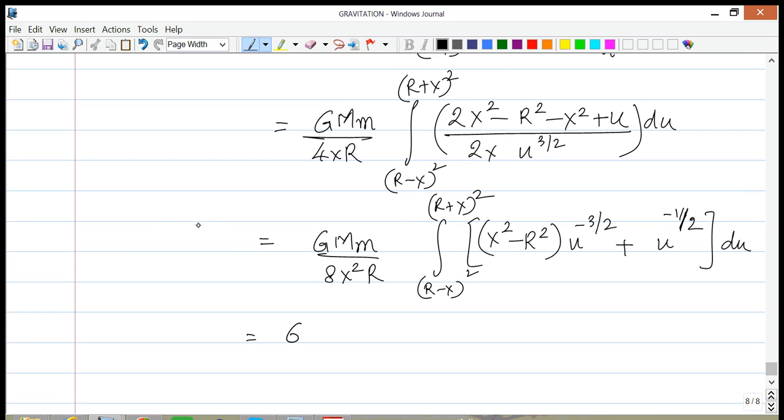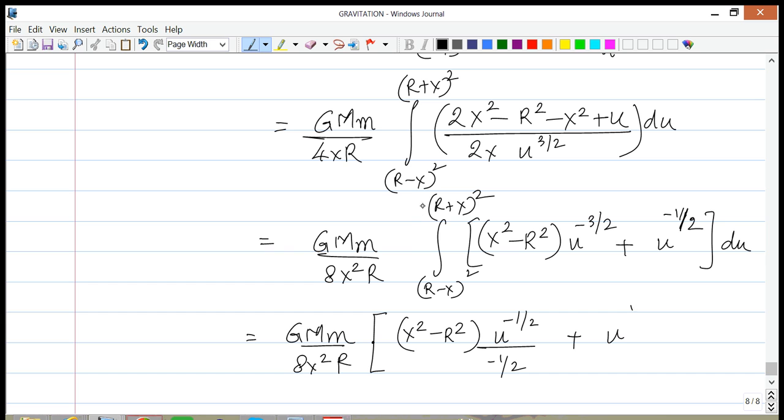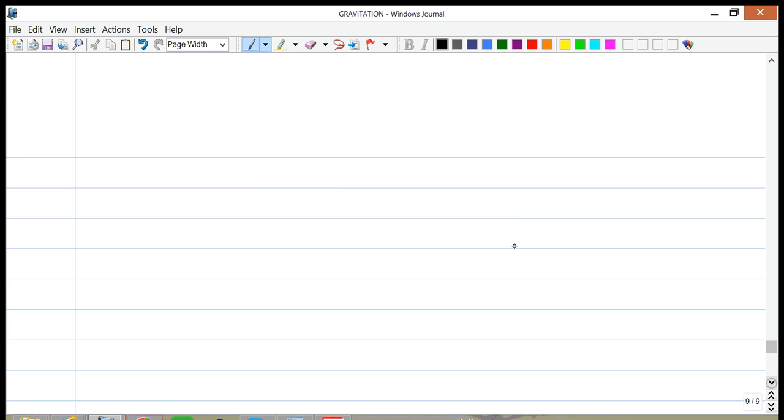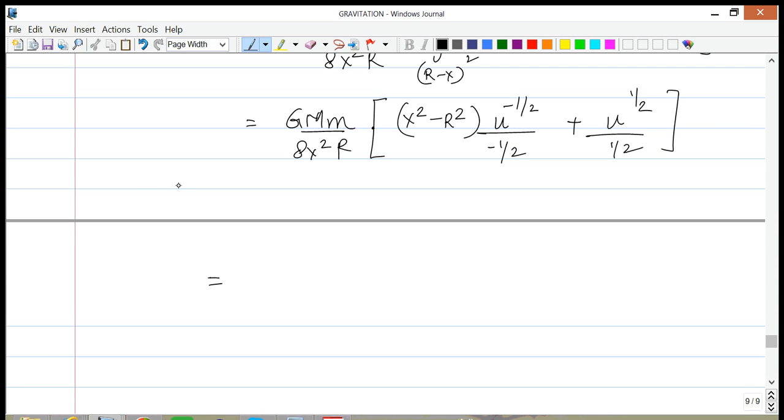Okay, we can carry out the integral now, so we get GMm over 8x squared r, and we have x squared minus r squared inside. The u to the minus 3/2 will give me u to the minus half divided by minus half, and then the u to the minus half gives me u to the half over half. Awesome. Now we can further rewrite this as GMm over 8x squared r, and what I have left inside here, let's put in the limits, x squared minus r squared with a minus